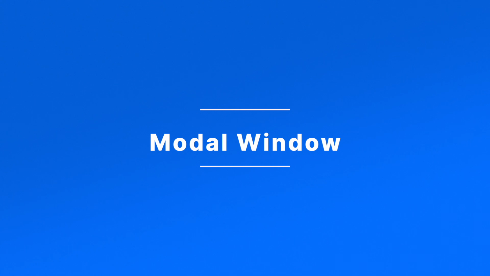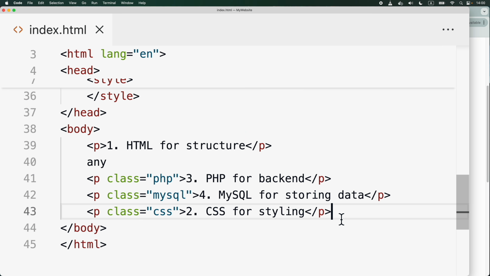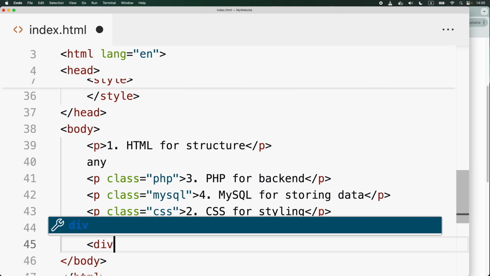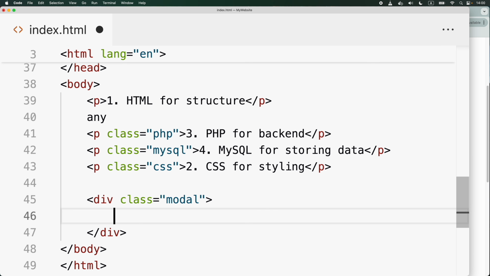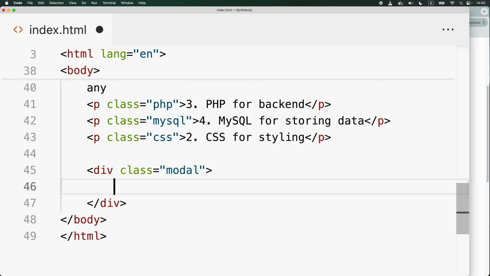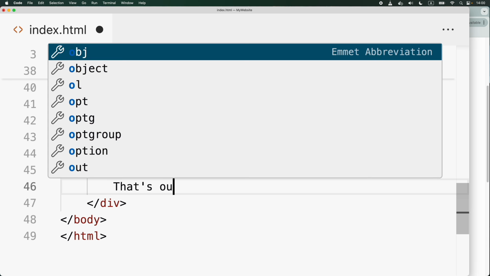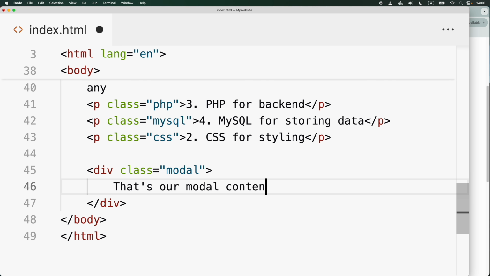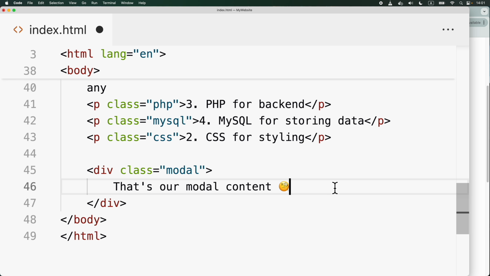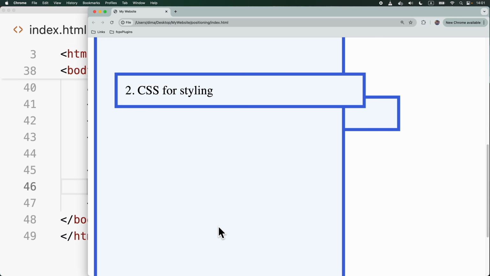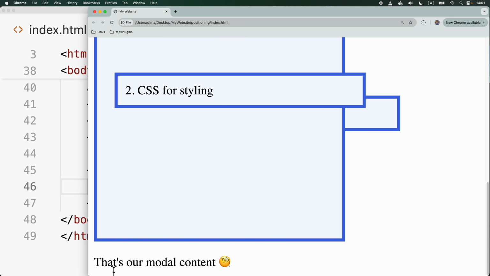Now, let's create a modal window using what we've learned so far. First, we'll need a div. It's gonna have the modal class. And for the content, let's use a simple text, say something like, that's our modal content. And let's also add a thinking emoji here too. Save the file, refresh the page, and for now, it's just a regular div element, a part of the normal